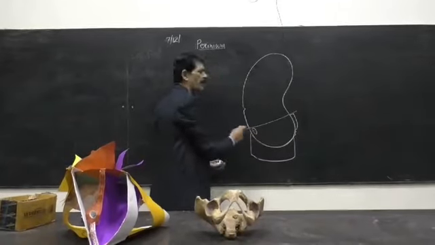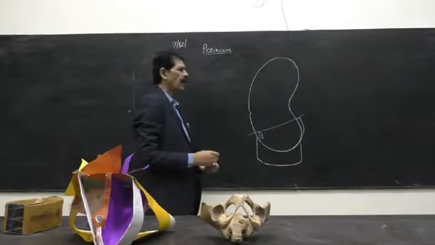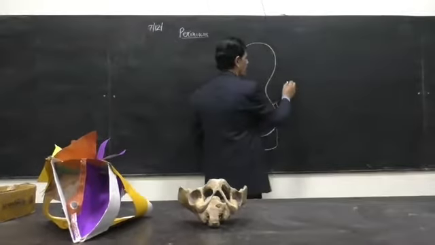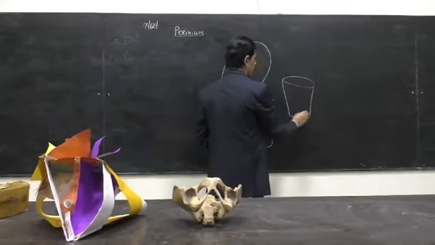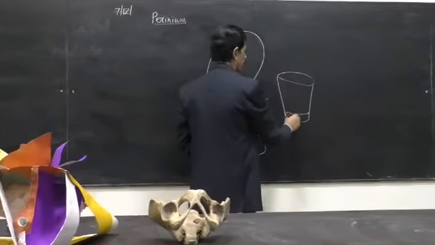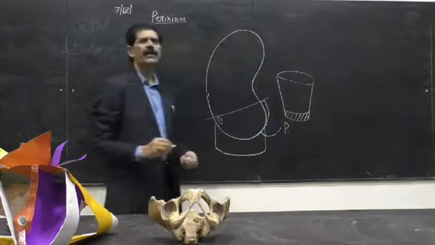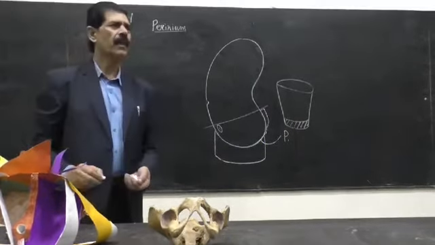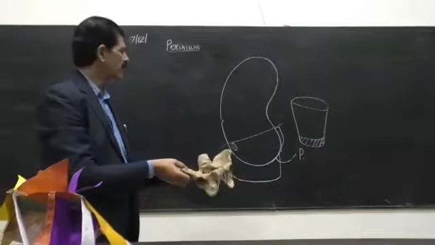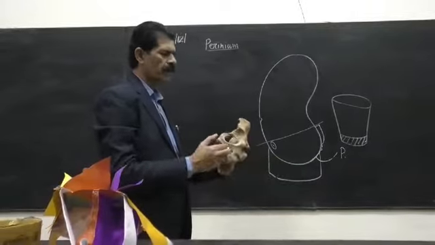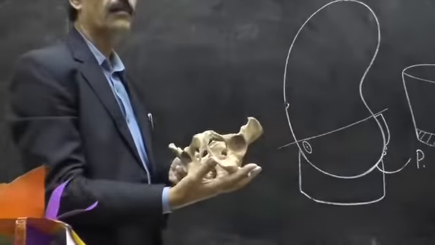So this is called the perineum, the lowermost part of the human body, and it is also called the bottom of the human body, and there is a bucket. So the lower part of the bucket, this is the perineum. So this is how we exemplify what the perineum of the human body is, the lower part of the bucket. So it is the lowermost part. So this is the pelvis, the lower part. If we want to see the lower part of the abdomen, it comes the lower part of the pelvis as well.